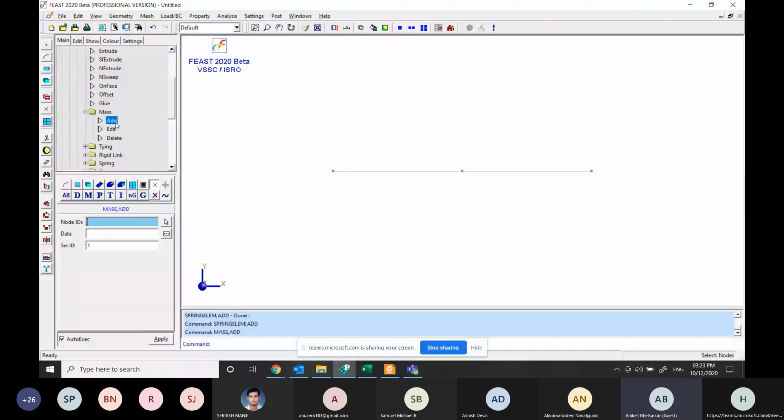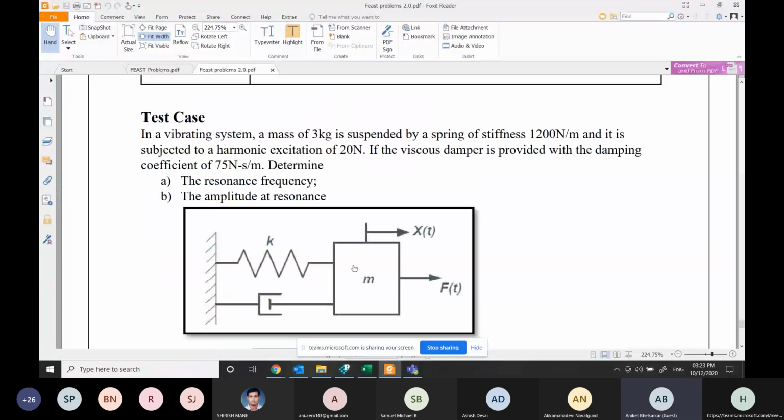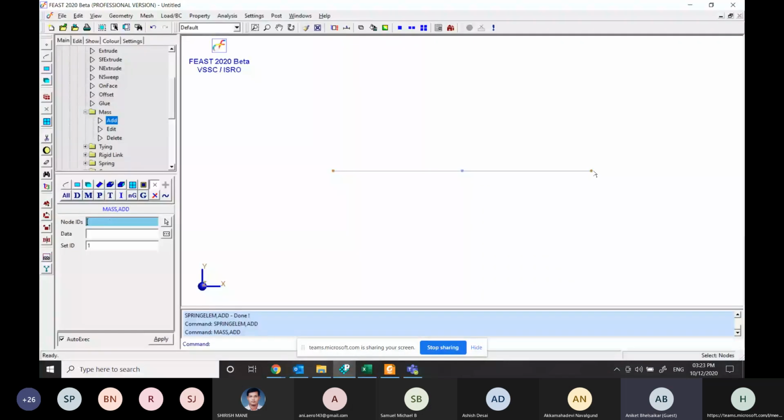In the PDF you can see the mass is applied at the second node. So you can simply apply the mass at node number 2. So I'm selecting the node number 2 and the value of the mass I'll apply as 3 kg.